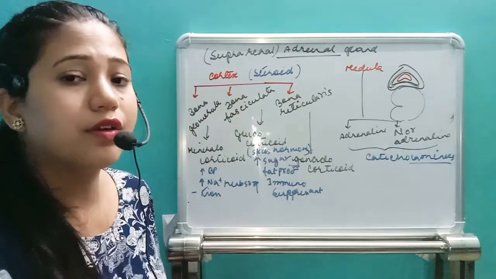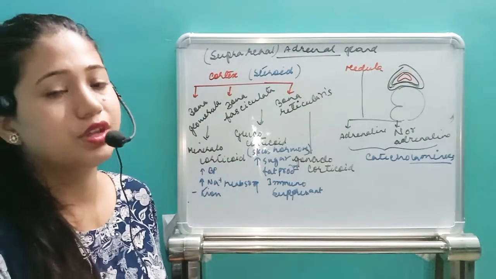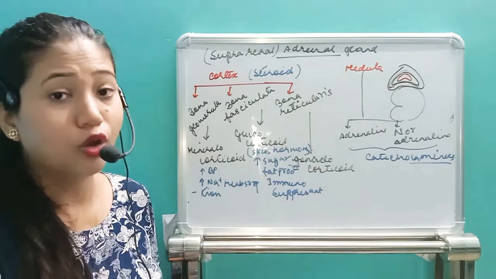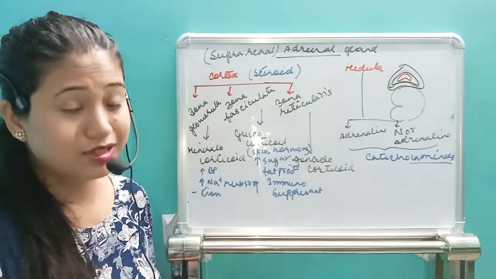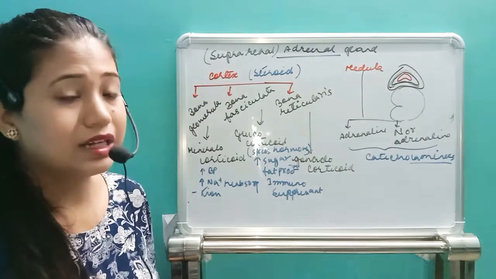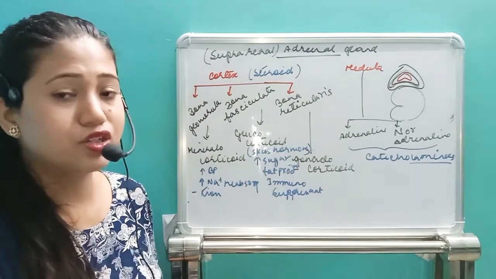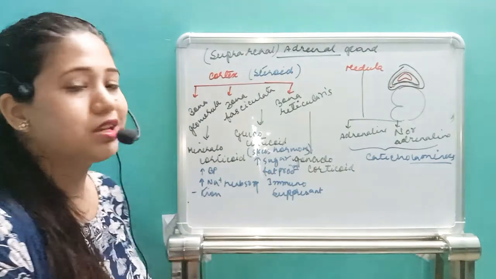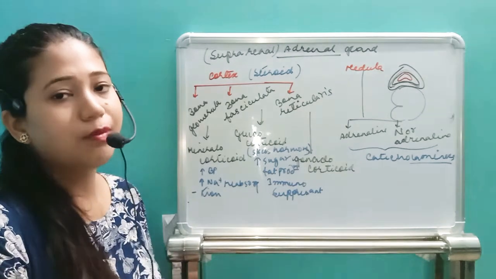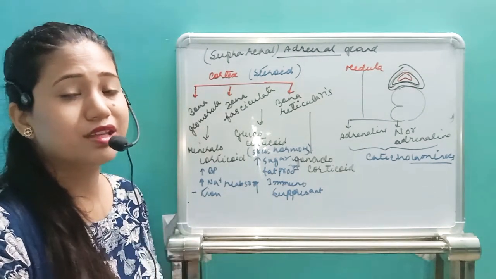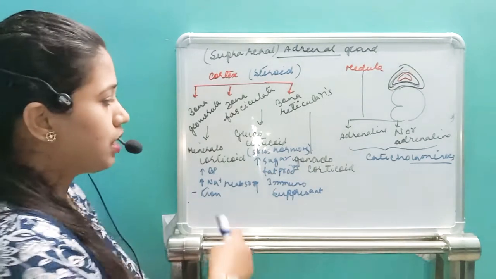So let us come to the function of all three hormones as well as the medullary hormones. First of all, the mineralocorticoid released from the zona glomerulosa, which is also called aldosterone. Already we have discussed the function of aldosterone in excretory products and their elimination. So what is the function of mineralocorticoid? It's related to minerals, right? It increases sodium ion reabsorption. That's how it will increase the level of sodium ion in the blood, and that's how it will increase the BP, blood pressure.